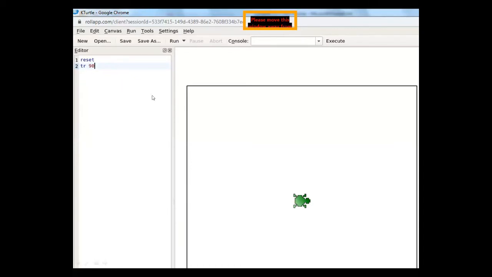So the TR command turns the head of the turtle towards the right. You can see here when I write the command TR90, then I click on the run button to move the turtle. So the turtle head moves towards the right.